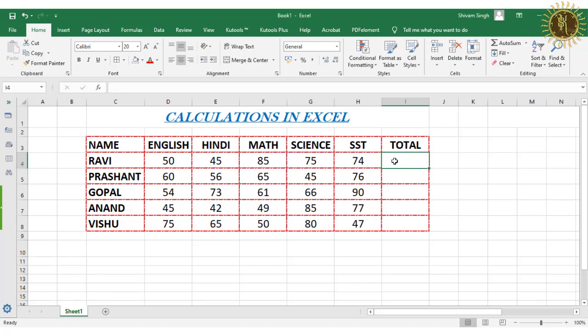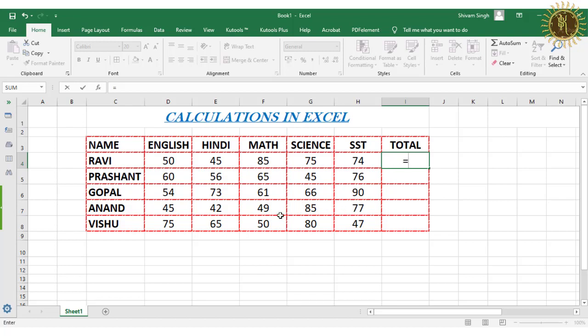you want to start the calculation, it always has to be started with an equal to sign. Means first we have to type equals to, to make Excel understand the formula, or we can also type the plus sign to start the formula. Okay, so we will write the equals to sign. In this you can add, subtract, divide and multiply any of these numbers with each other.